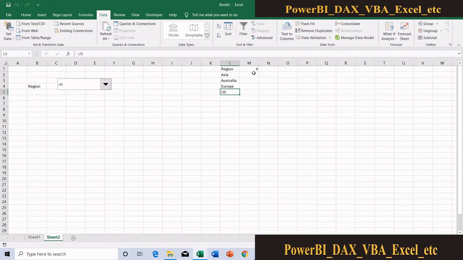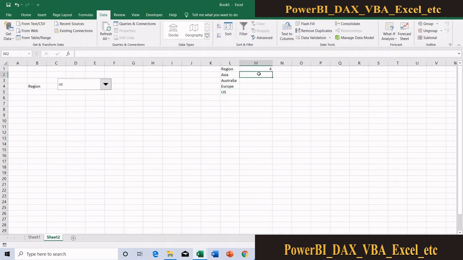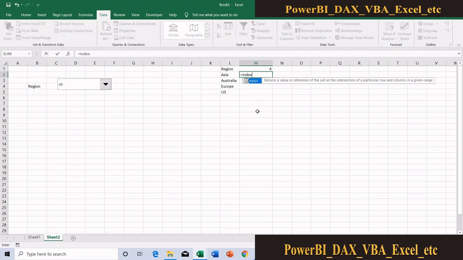So from this item number, how will I retrieve my region? To retrieve my region, I just need to give an INDEX formula, equal to INDEX. In INDEX we can use either a one dimension array or a two dimension array, no issue, but here my list is one dimension, so I am selecting this region list, comma, and my index number is this cell link, M1.